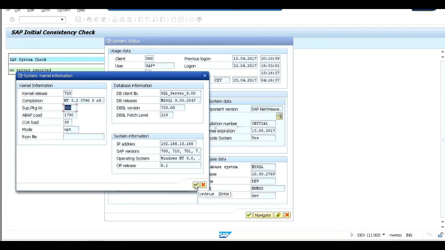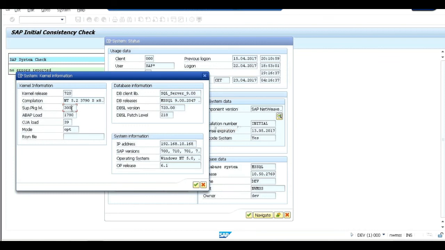How can we check at operating system level? What is the command? Disp+work. You need to navigate to the kernel directory.